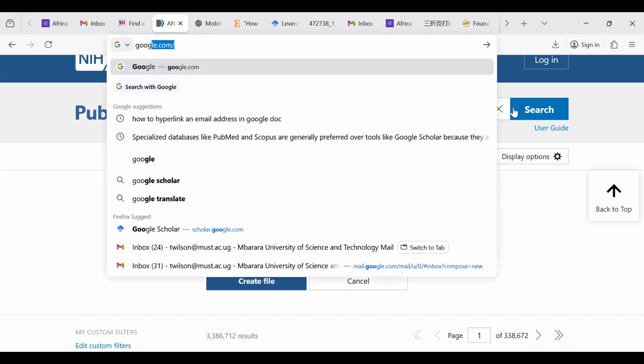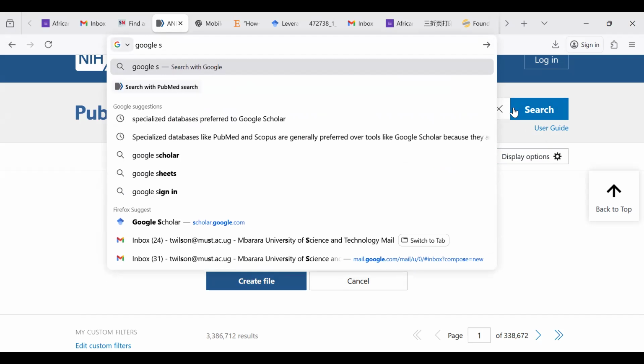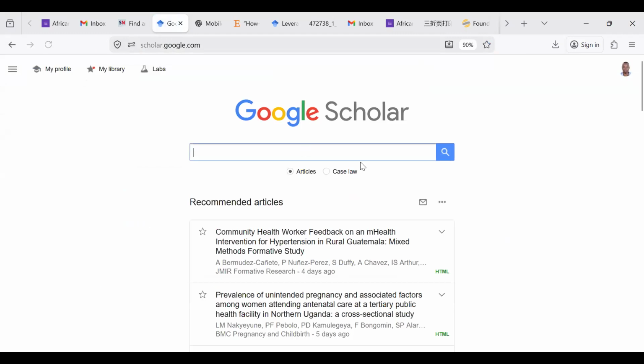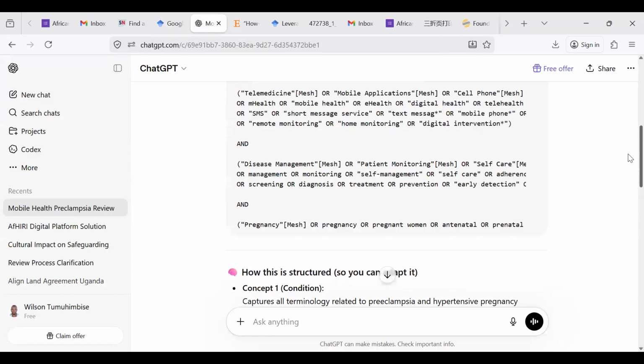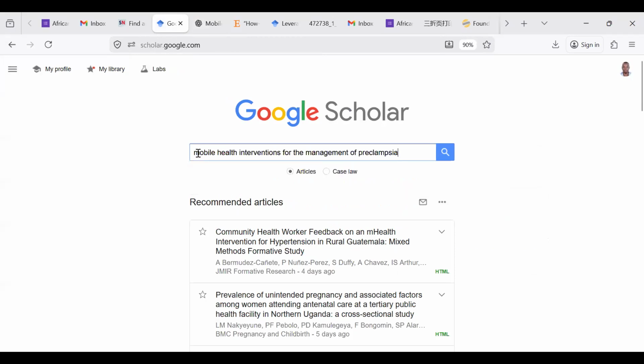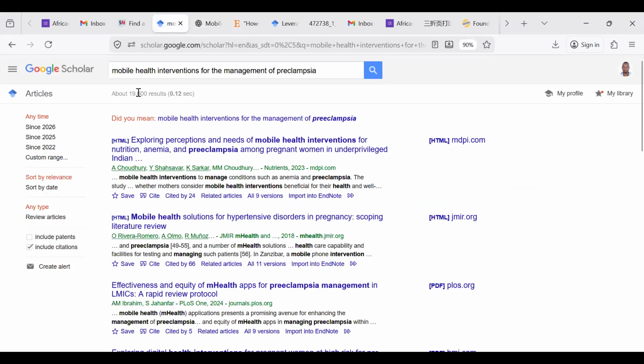So let's look at Google Scholar. There is a component that I use to save my papers. So if I come here and bring my prompt, yeah, if I say mobile health interventions for the management of preeclampsia and type it in Google Scholar, and then we see the search results. It has brought me